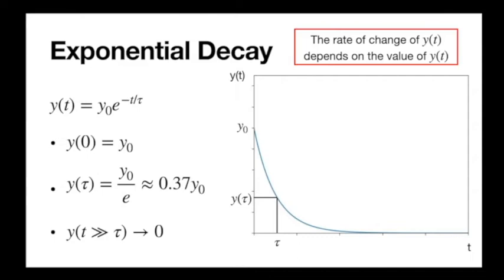So now we figured out y starts at y naught at time t equals 0. After an amount of time tau, we've decayed to about a third of our initial value. And then after many times tau, or after a lot of time, we've decayed essentially to 0. So this is our exponential decay, and we're going to see how this can be applied to describe the behavior